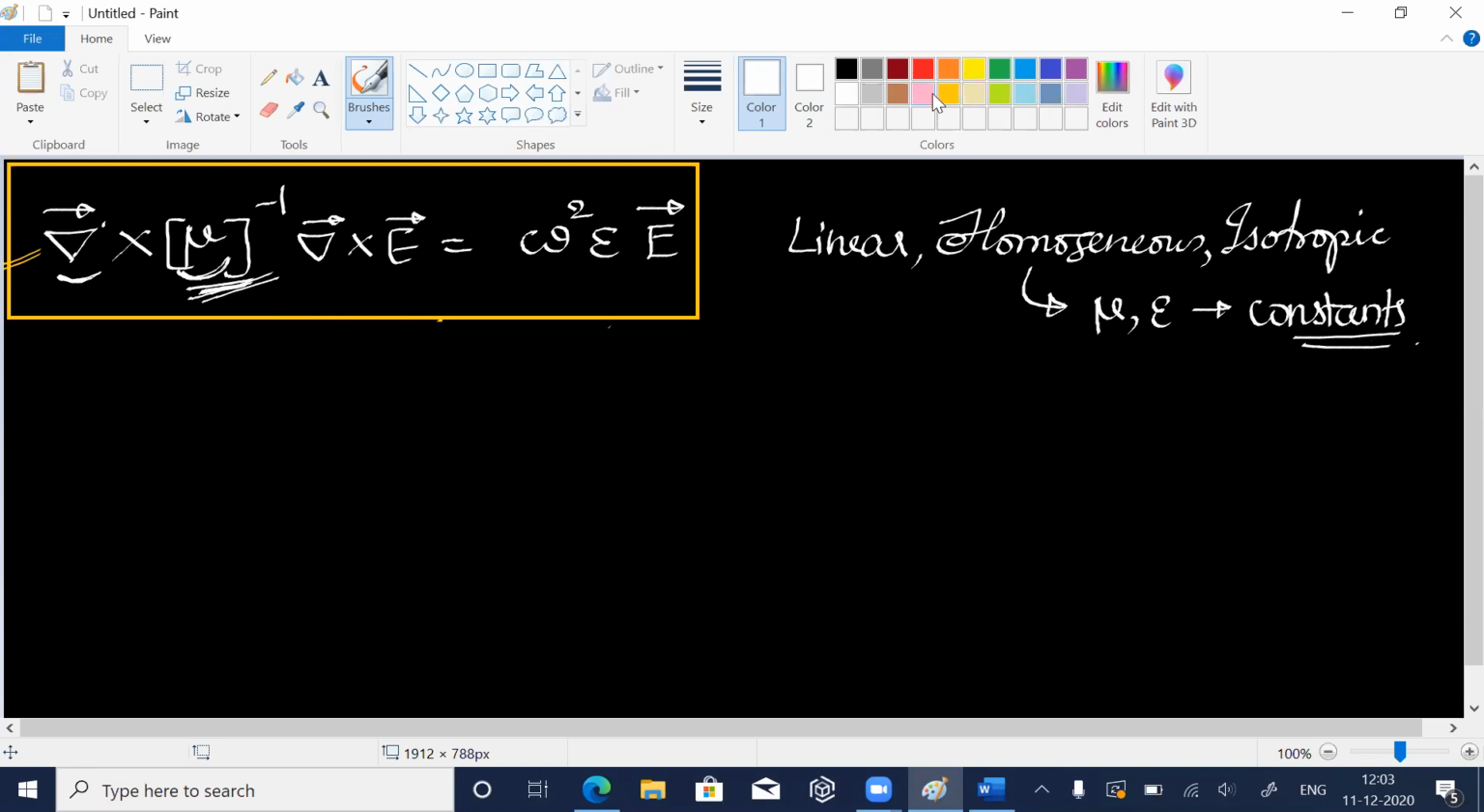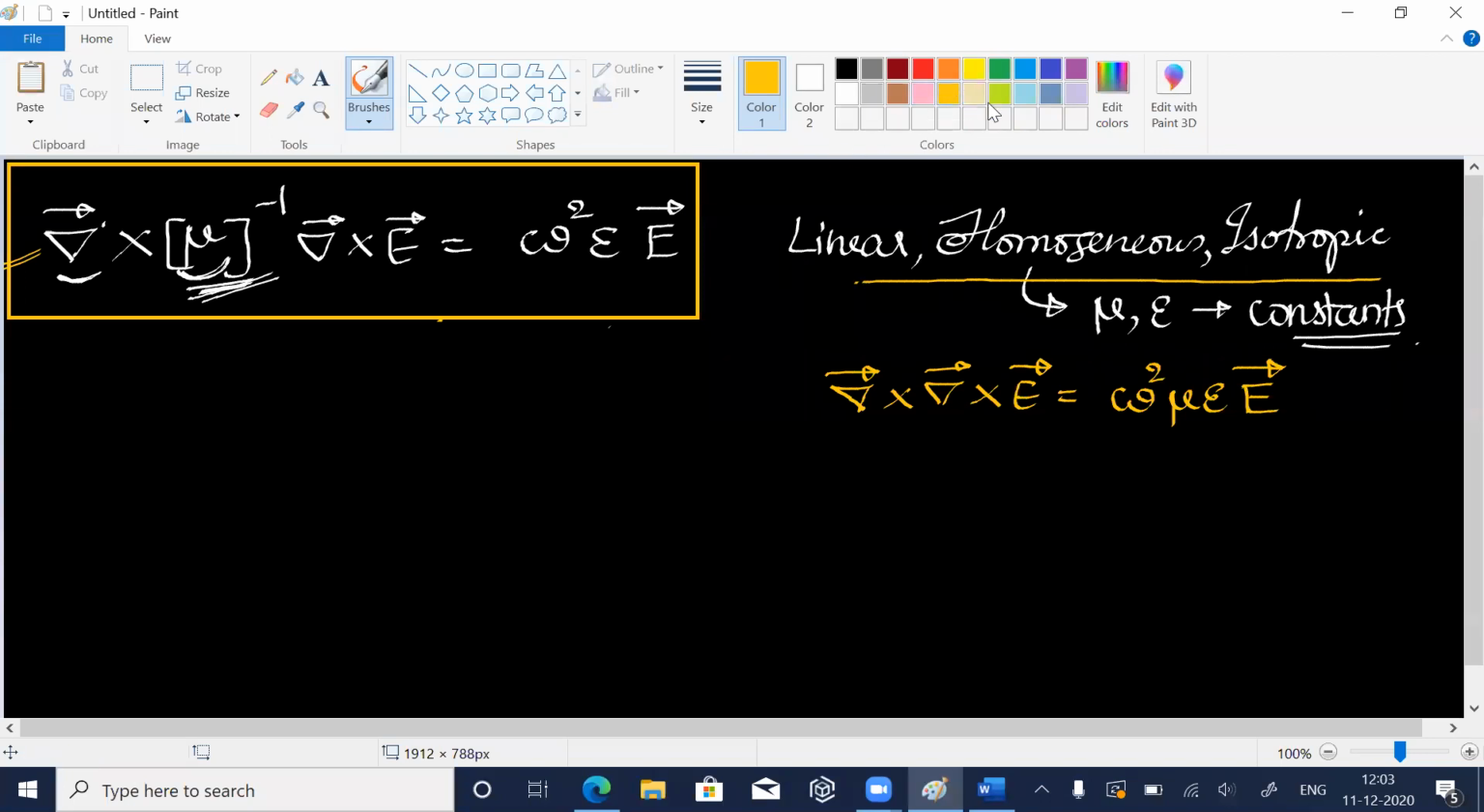So now let me take this down. So I have curl of E is equal to, this guy is coming towards the right hand side, and you have omega square mu epsilon E. Okay, so you have this. Now this is in this linear homogeneous isotropic medium. Now again, what else can we decide from this? So let me go for a vector identity, and that says